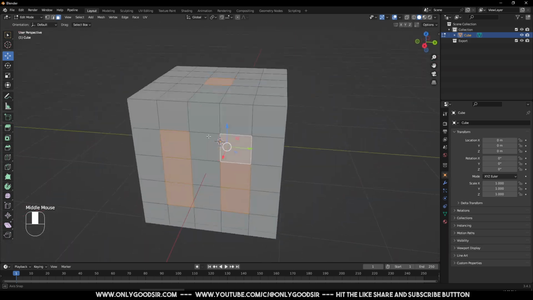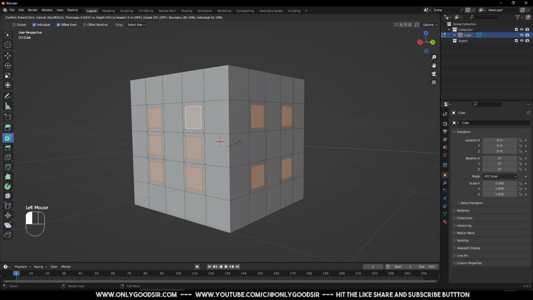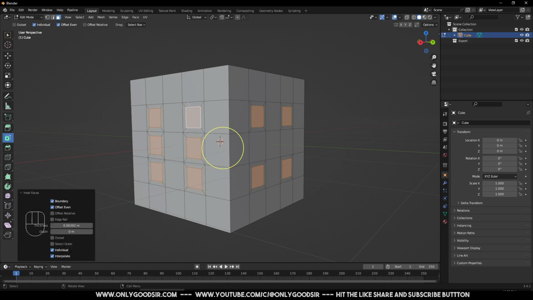So we've selected all the faces that we want to create, and we're going to use the inset tool. So inset faces. Make sure you have individual checked. Up here in the top left, individual on the options. When you click it, these options will appear for this tool. And now you're going to drag in, and now we have this nice inset, so you have a nice frame